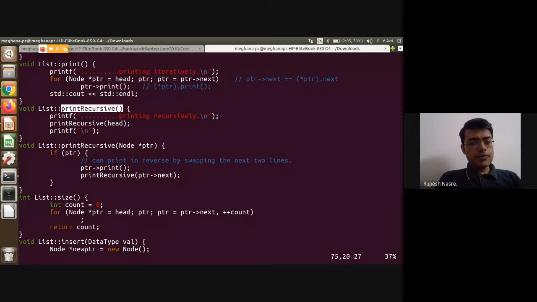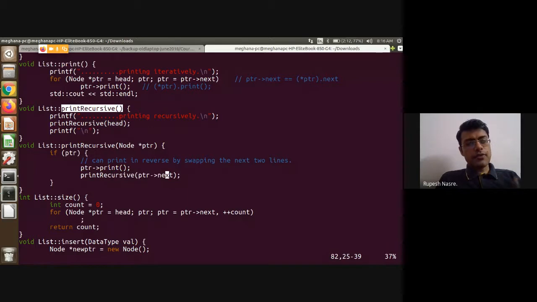Why is that useful? Well, then in that case I can write this function as a recursive function, because for a recursive function I'll have to say print recursive of ptr arrow next. So if ptr is not equal to null, then I essentially print the current one, and then print recursive is going to be called for the next one, right?